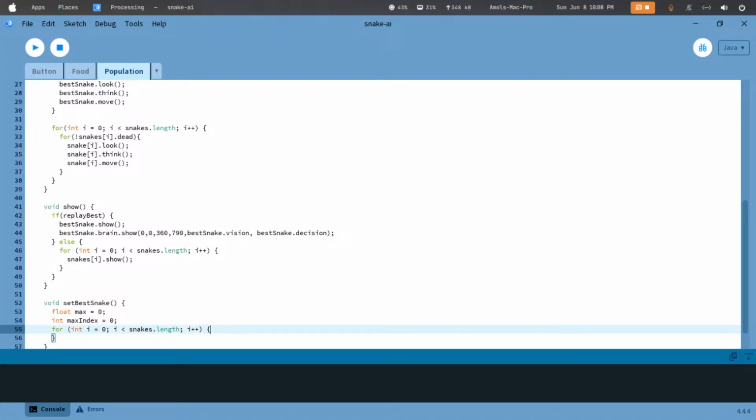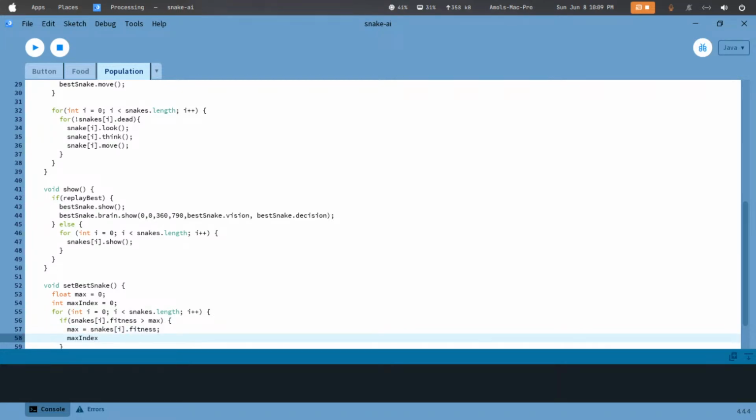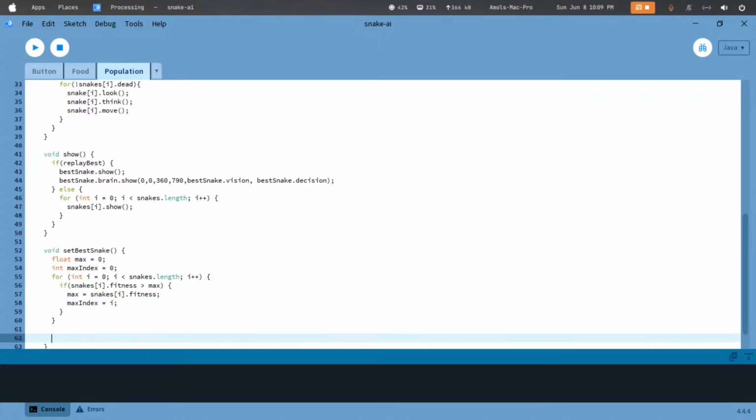After that, in the for loop we will write a statement for if ith snake dot fitness is greater than max, then max equals to snakes of i dot fitness, max index equals i. Then